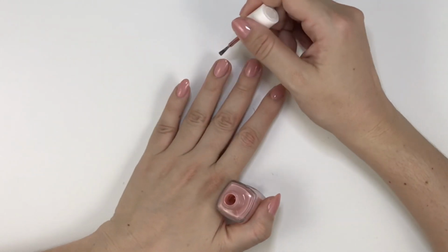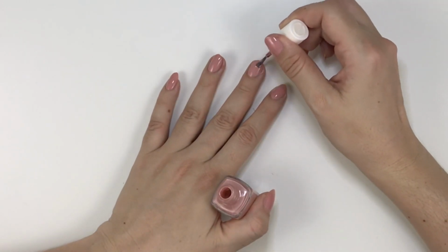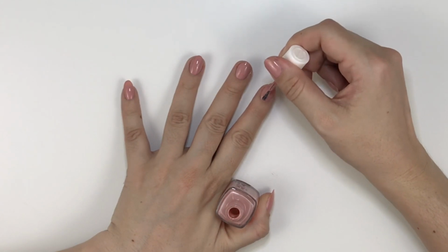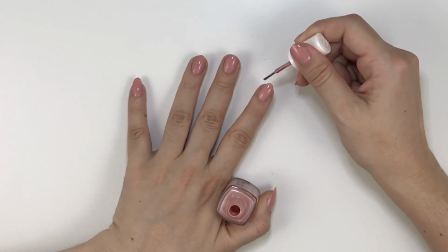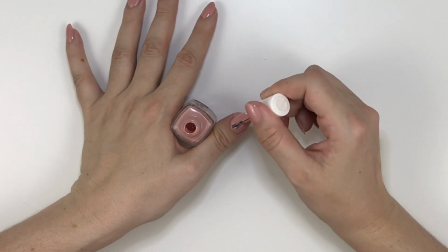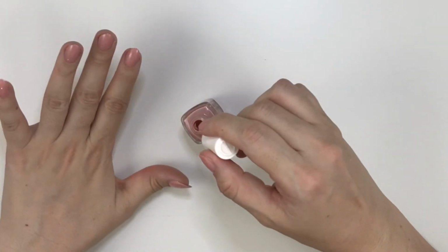Like, Wet n Wild is great. I love me some Wet n Wild. But, oh my gosh, when I was a kid in junior high, I used to sneak up to the grocery store and buy dark lipsticks that I was not supposed to have, because Wet n Wild was like 99 cents. And then I would wear them to school. I mean, I would put them on once I was at school. And then one fateful day, I forgot to take it off before my mom came to get me. Anyways,